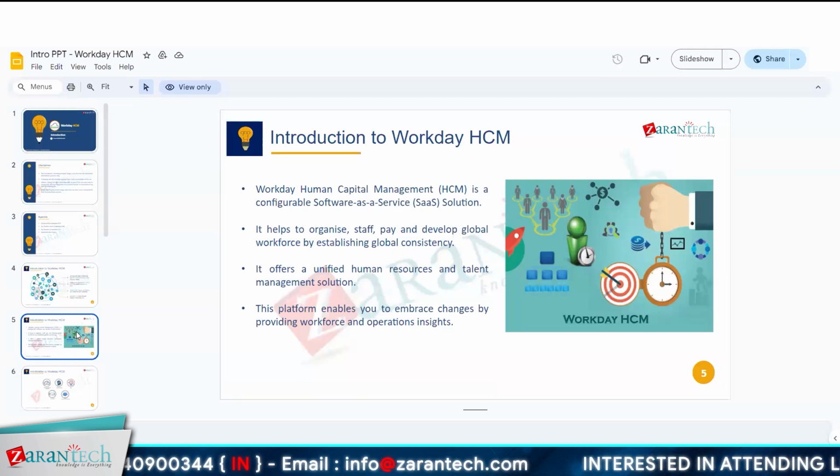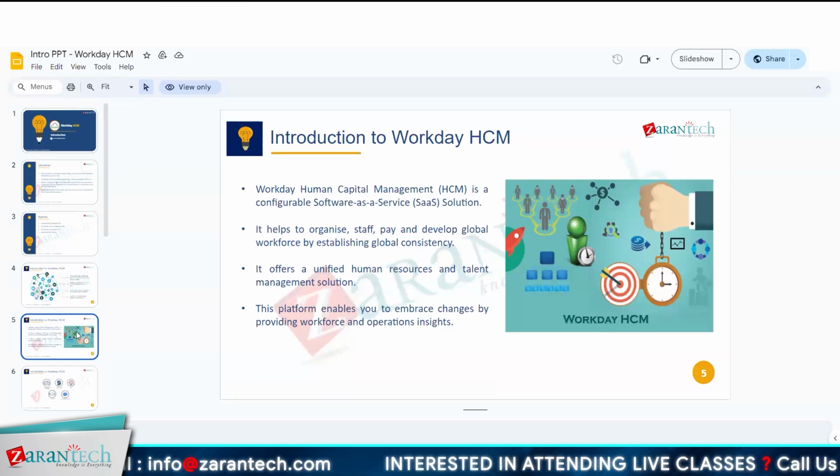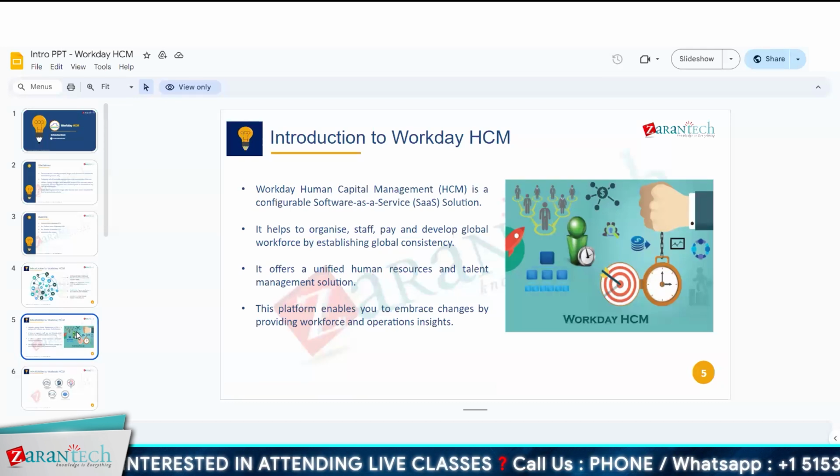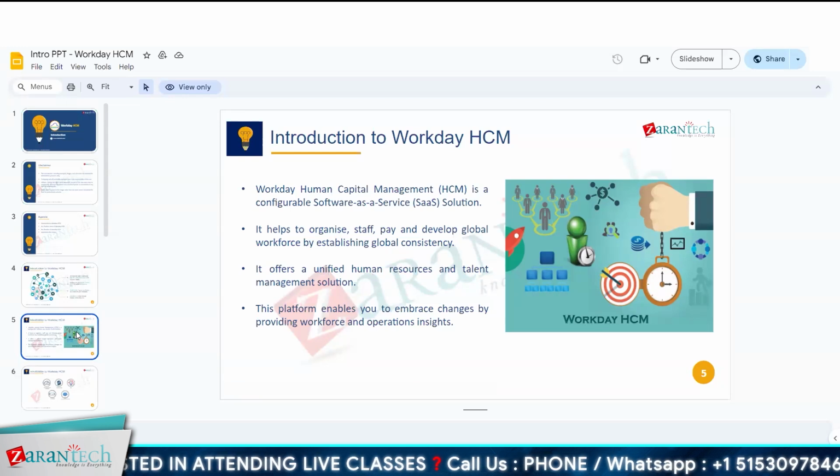It doesn't involve writing code. It is a configurable system, meaning whatever features you have in Workday are already there. All you have to know is what those features are, how to use them, and how to configure the